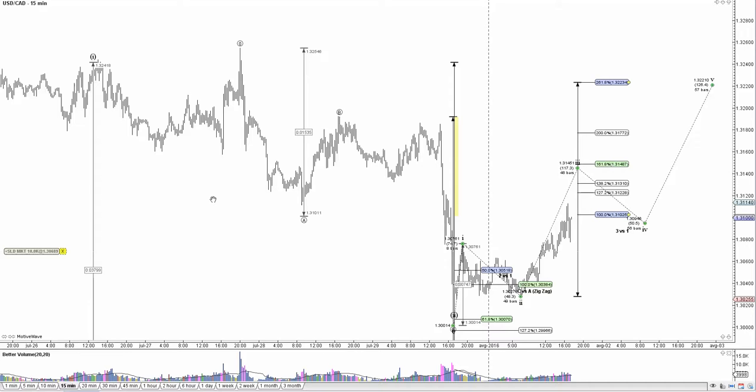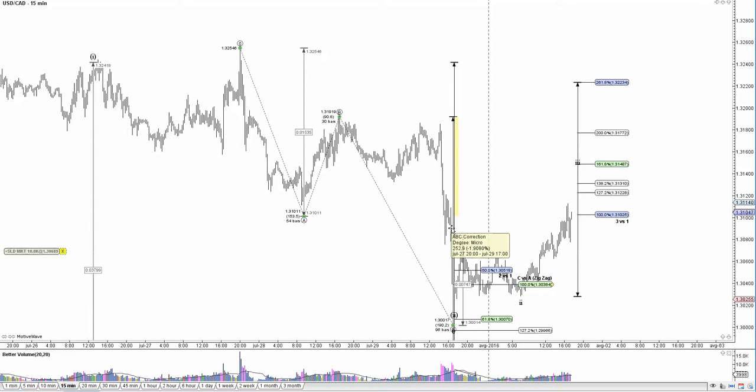I want to post the update on the USD Canadian dollar here. I got stopped out here, so this didn't work. I tried to catch the previous counting, that this is a potential 5 wave formation, but that was a bit aggressive entry since we didn't form the 5 wave count to confirm the change in behavior. So we were in potential forming of that, but the price didn't have power